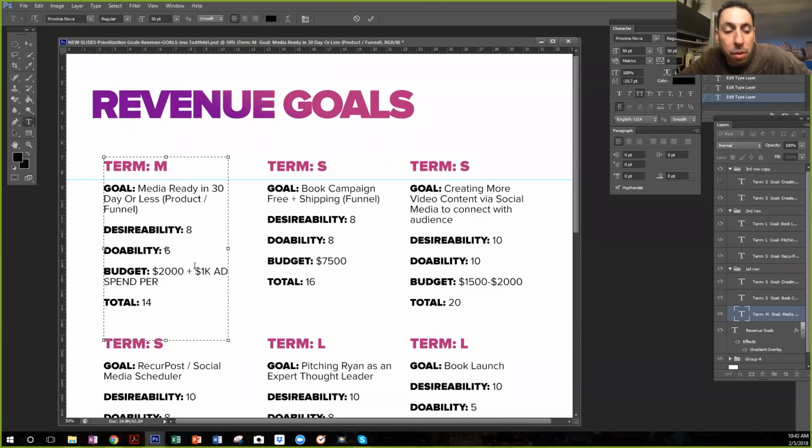But the revenue goal, I don't know if you want to add the line of what it would be making.